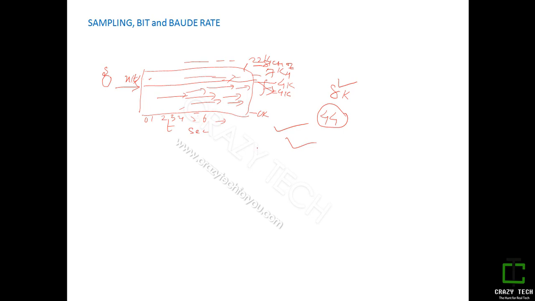Okay, fine. Let's switch to bit rate and baud rate. I'm assuming that my viewers are from a basic electronics background, and I don't need to explain what modulation is, what PSK and FSK are. If something comes up, I will describe it. But for the time being, I am assuming that you are well aware of PSK signals. So let's see what bit and baud rate are.